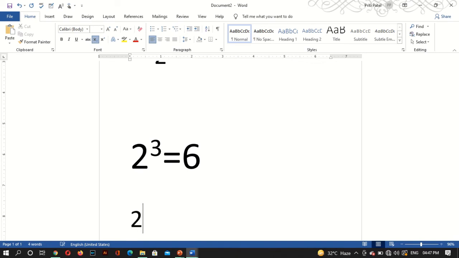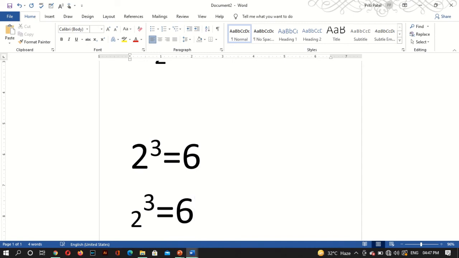I will write 2, then I will click on superscript, 3, then I will close it, equals 6.